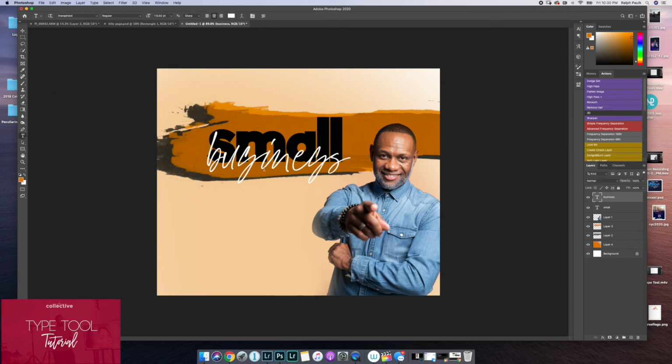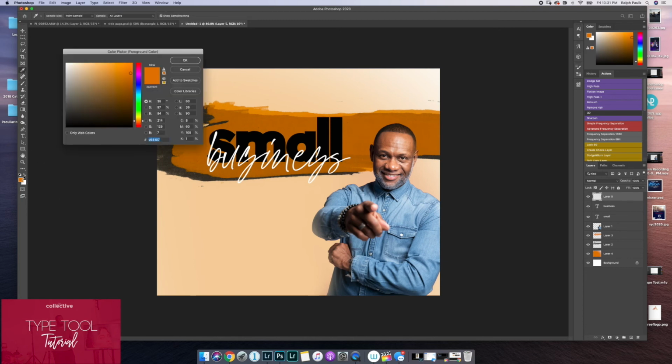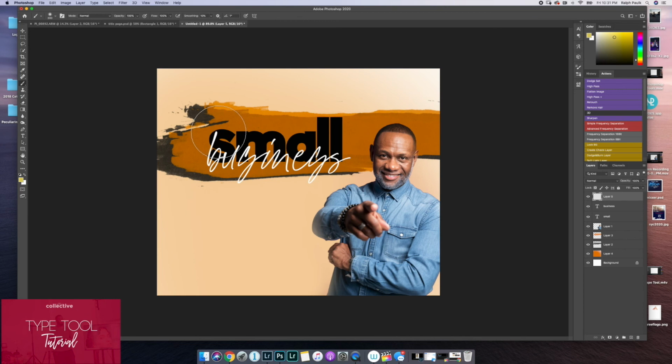If I decide that I want to make my colors two separate colors, what I would do is create a new layer and go to my brushes, select the color that I want my brush to be. For this project, we're going to make the letters a brighter color. We're going to use this color right here. And what we'll do is we'll color right over